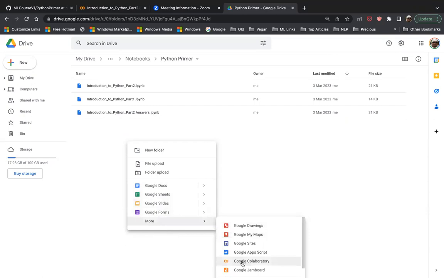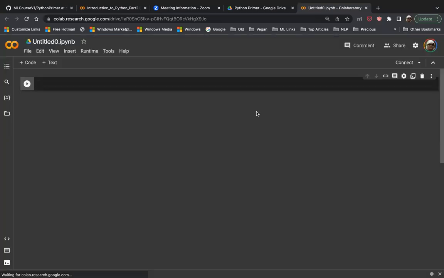Because you already installed it, it will show an option for Google Colab. And if you select that, it automatically opens Google Colab. You can see an untitled name, so you can give a new name here, like my first notebook or something,